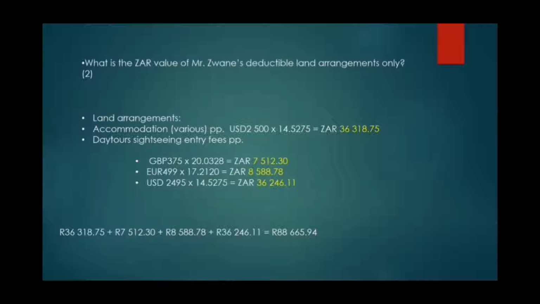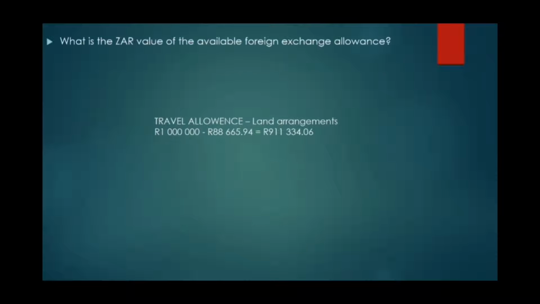The total amount for your land arrangements is 88,665 and some few odd cents, right? Once this is done, the next question to follow will then be, what is the rand value of the available foreign exchange allowance, right? This question then brings us to the